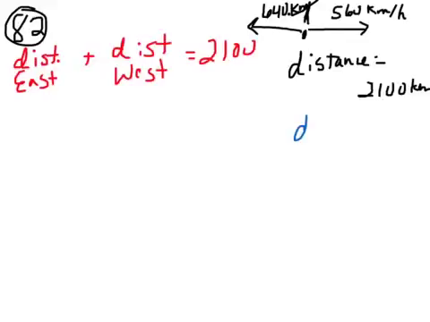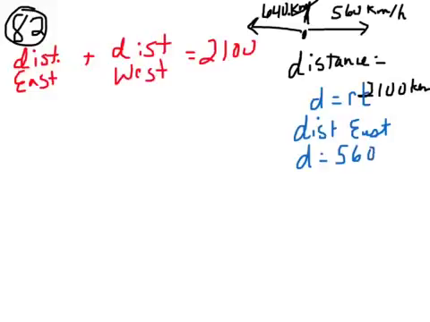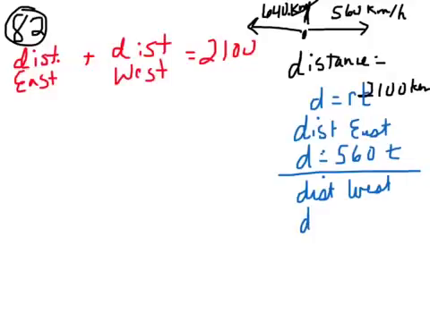So the distance for the eastbound plane, and again, remember we know this little equation, distance equals rate times time. The distance for the eastbound plane would be its rate, which is 560, times the time t, okay? Now, the thing about the westbound plane is it's flown the same amount of time. They take off at exactly the same moment. So its distance would be its rate times its time, and it's flown the same amount of time. So its rate is 640 kilometers per hour times the amount of time,